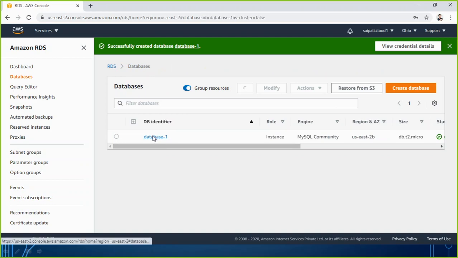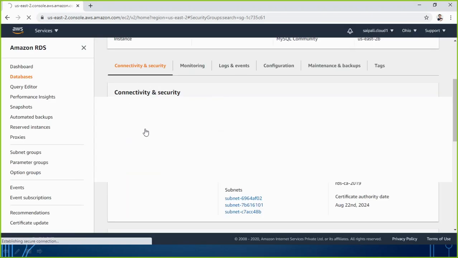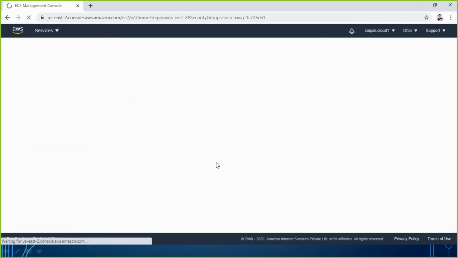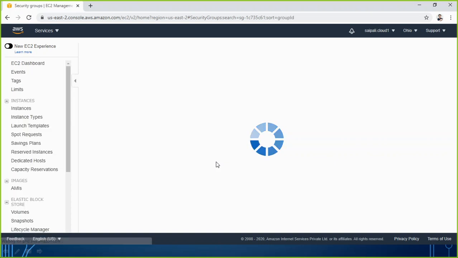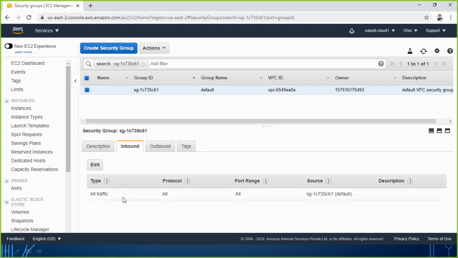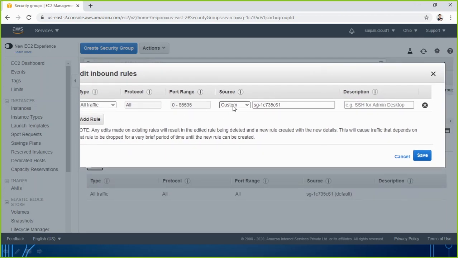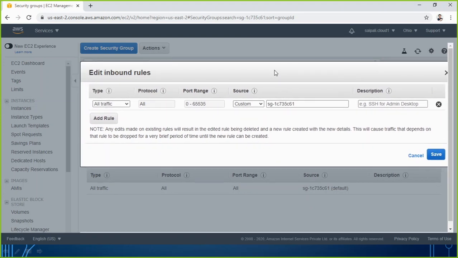We have a database, that's okay. This database is connected to the VPC security group, the default security group. If you go to that security group, you will see this is the default security group. By default, everything is blocked, everything is denied. If I check the inbound rules, I see all traffic and all ranges are allowed, but if I go to edit, I can see that all traffic is allowed but the custom one is not set to anything. So that's why it is failing. I am not able to get there.